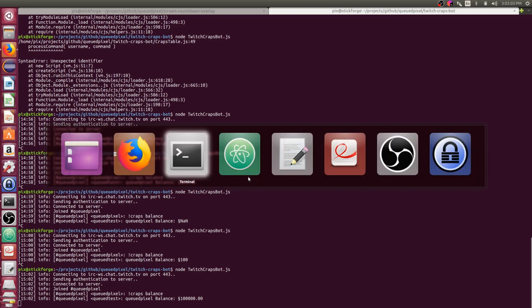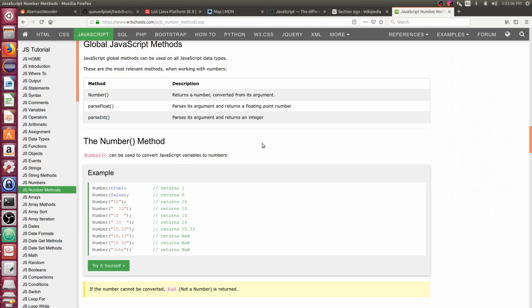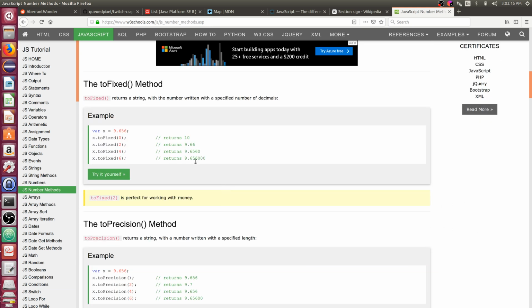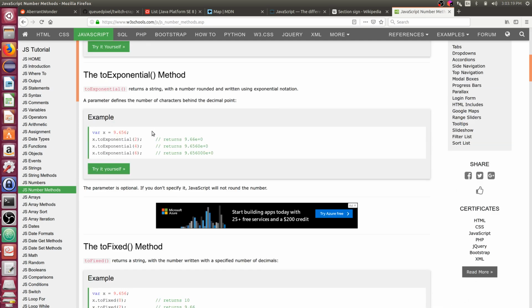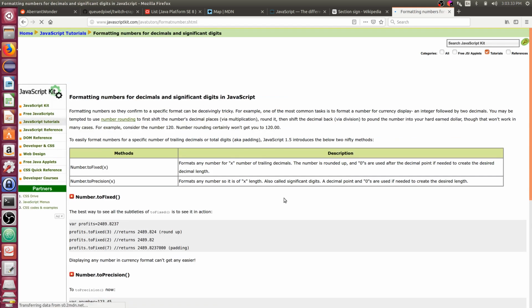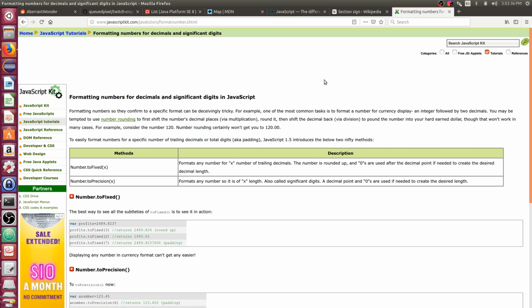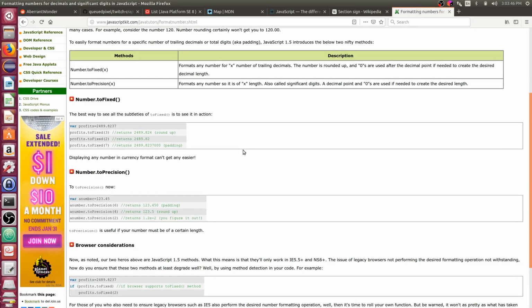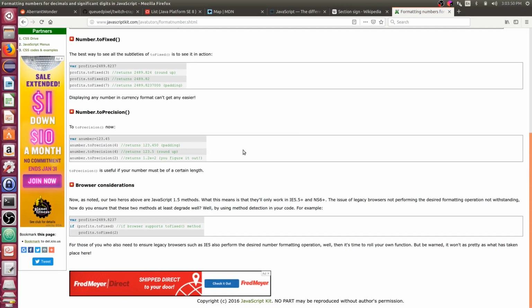So let's see what my options are here. toFixed, toPrecision. It'd be nice if there was a way to add in the commas.